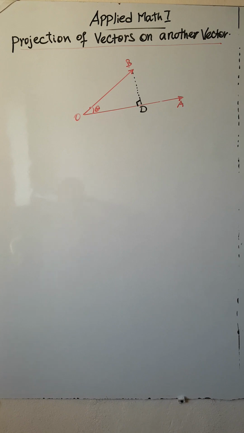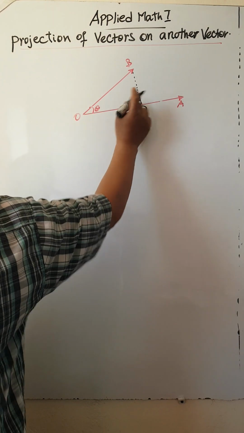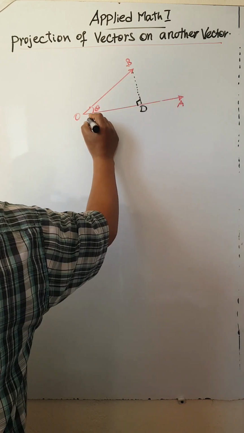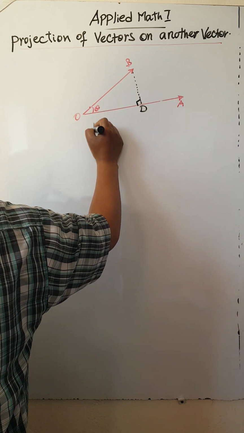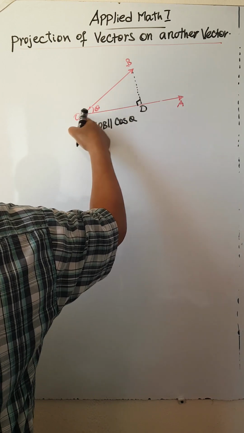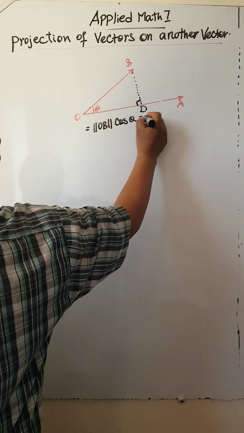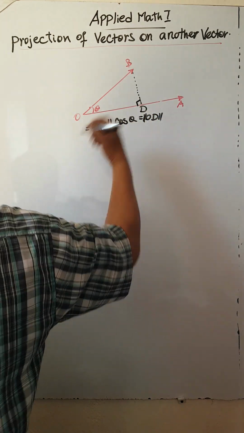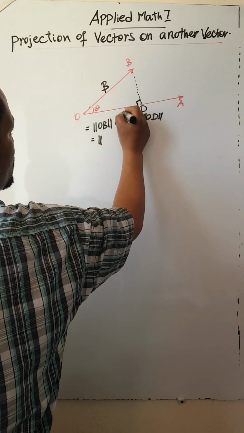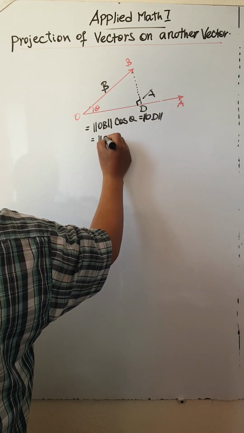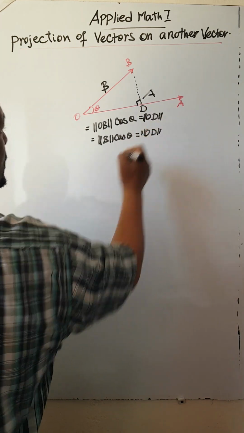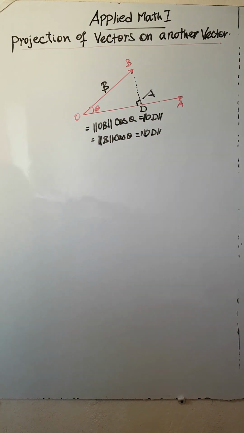Okay, የዚህ ማግኒቲዩድ ስሩ ብንባል, የዚህ ማግኒቲዩድ, simply this is hypotenuse, okay, this is theta, so that magnitude of OB times cos theta is the magnitude of OD. OD የዚህ ማግኒቲዩድ ነው። እኛ ግን ሲምፕሊ ቬክተር እየተማርን ስለሆነ ይሄንን ቬክተር ቢ ማለት እንችላለን። ይሄን ከዚህ እስከዚህ ቬክተር ኤ ማለት እንችላለን። So that this is magnitude of B times cosine of theta is equal to the length of OD እንደዚህ ማለት እንችላለን።